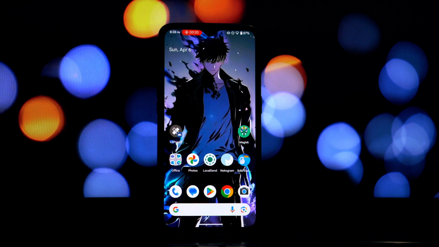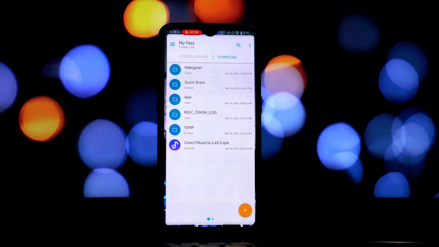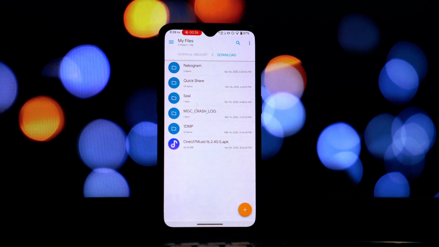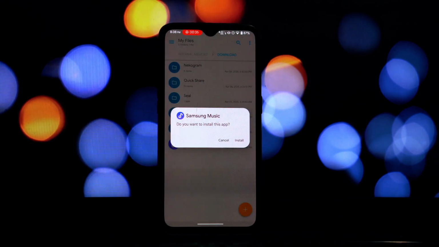Samsung Music is a fantastic music player. It boasts a clean interface, excellent audio quality, and some really handy features that many of you might be missing out on. Whether you just love its design or prefer its specific functionalities, you don't need a Samsung phone to